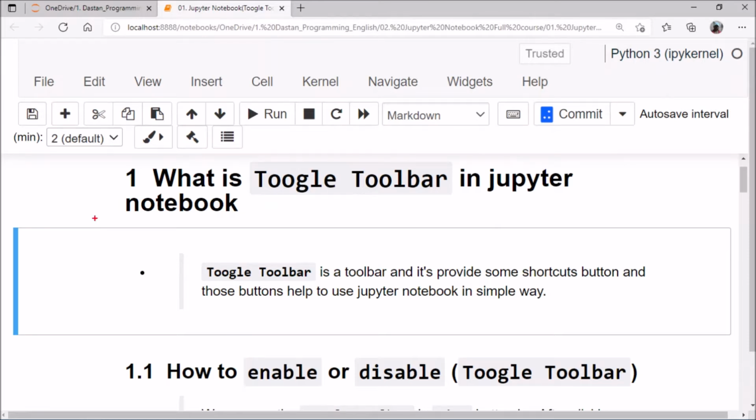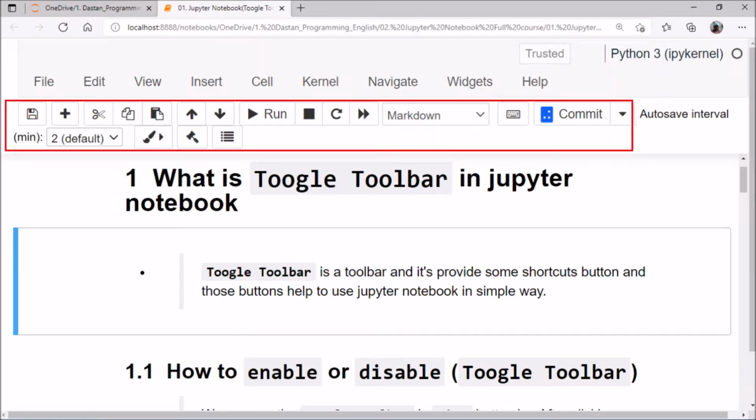Inside this box, all these things come inside the toggle toolbar. These are the items, this plus symbol, this cut symbol, this run button, and this markdown, all of which come inside the toggle toolbar.